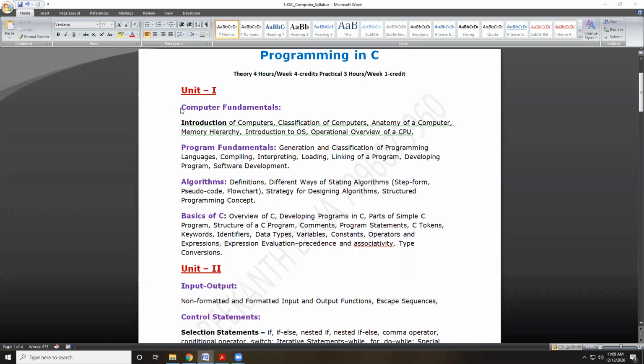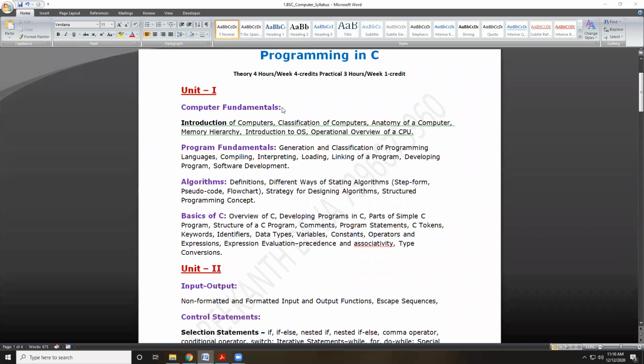The first part is called computer fundamentals. Okay, unit 1, the first topic is computer fundamentals. Here we try to discuss in detail the introduction of computers, like what is a computer, what is the use of a computer, what are the advantages and disadvantages of using computers, characteristics of computers, different classifications of computers, block diagram of a computer or anatomy of a computer, different types of memory hierarchies, and also we are discussing here